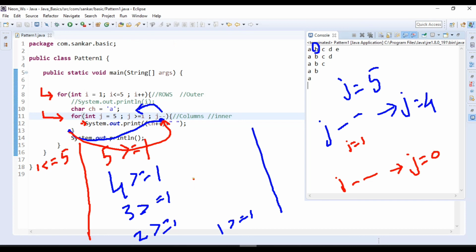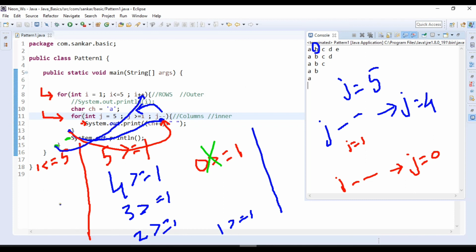So tell me this condition now: 0 greater than or equal to i value. What is the i value? The i value is 1 only, the i value has not changed, right? Still, 0 greater than or equal to 1. Will this condition be satisfied or not? If the condition won't be satisfied, the inner for loop will be terminated. Immediately the control goes here and prints a new line. Then the outer for loop increment happens, right?